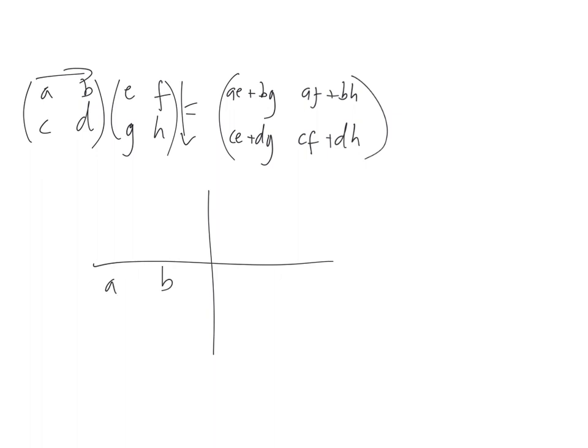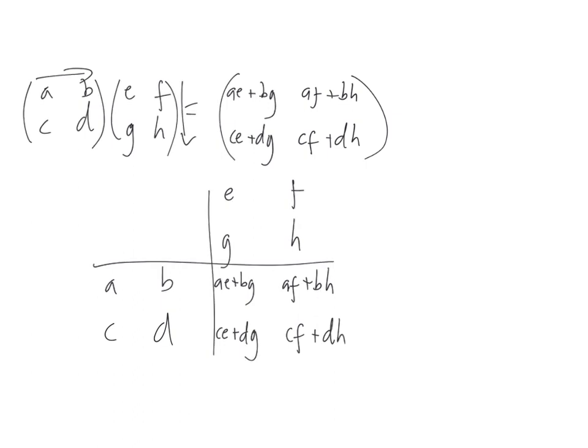So I'm going to write my two matrices here like this, and the other one up here, down there. And now I can see quite straightforwardly how to multiply these things together. To go here, I sort of want to go across that row and down that column, so it's AE plus BG. And now I'm definitely in this column here, so it's AF plus BH, CE plus DG, and CF plus DH. So that's a way of multiplying matrices together.